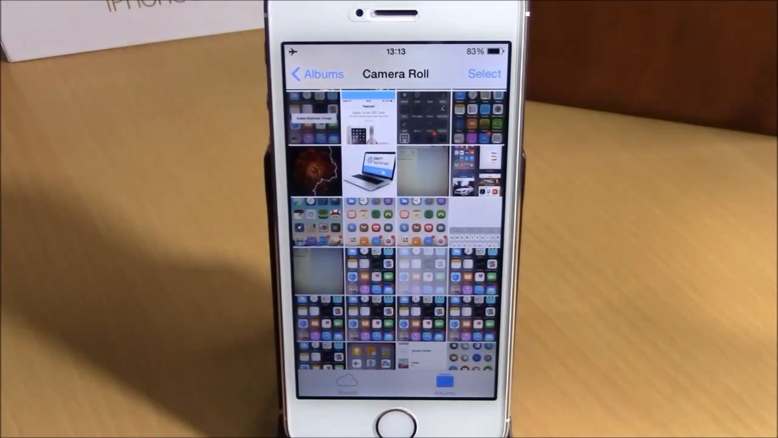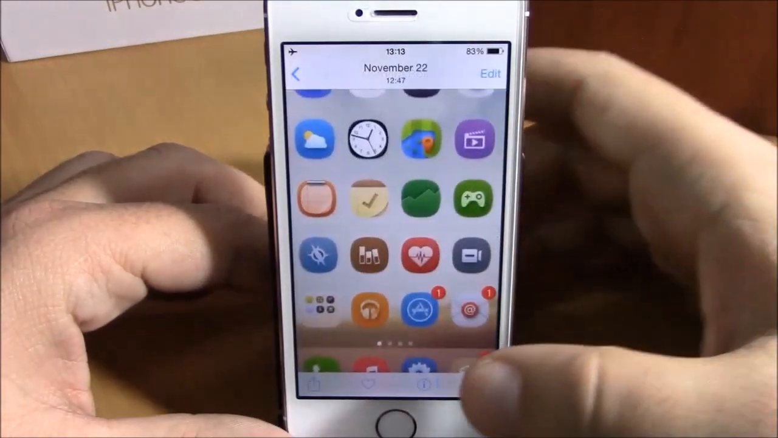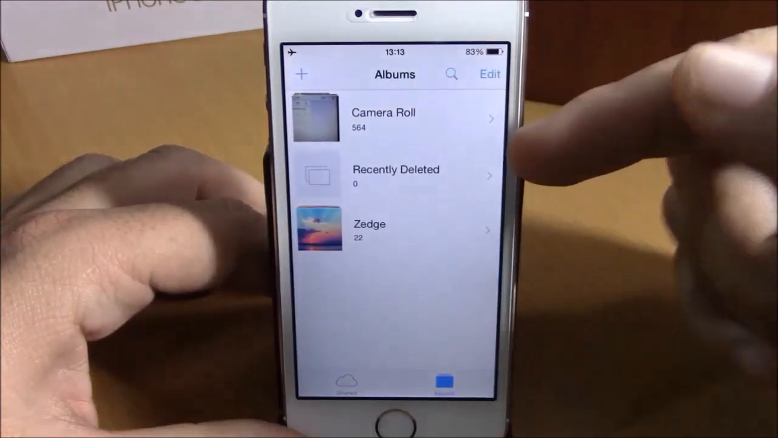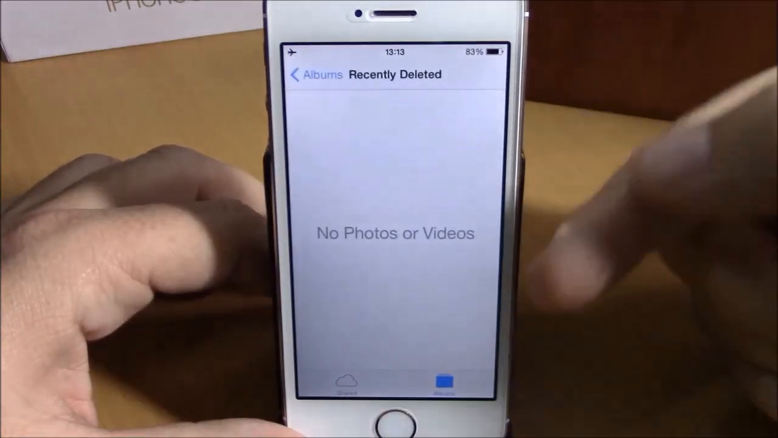The next tweak we're going to show you is called No Recently Deleted. This tweak will prevent photos from going to the recently deleted album when you delete them from your camera roll. Let's delete one of them. And now if we go back to the albums, as you can see right here, in recently deleted, there is no